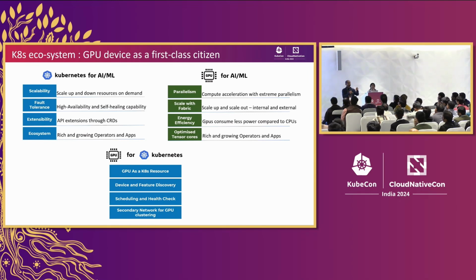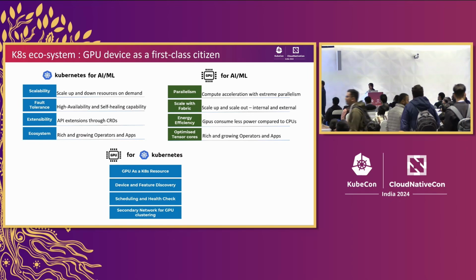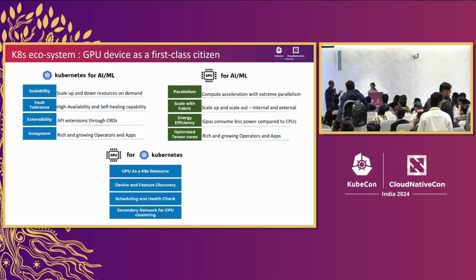Does it have a good software stack mechanism to identify the non-native resources, what we call GPUs, or specialized InfiniBand controllers? No. That is where the software stack from companies like NVIDIA comes in, where they build software stack to make the GPU a first-class citizen in Kubernetes, through the operators, through the device plugins, through the feature discovery daemons, etc. We'll see how we are developing that and how we are building up the ecosystem. And last, as I said, AI/ML and Kubernetes go a long way. Machine learning and GPU go a long way. That means GPU and Kubernetes go a long way. That is the context of our discussion.